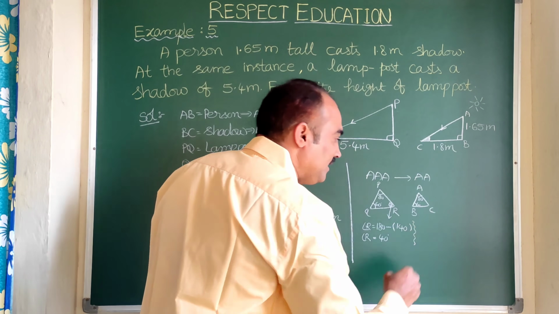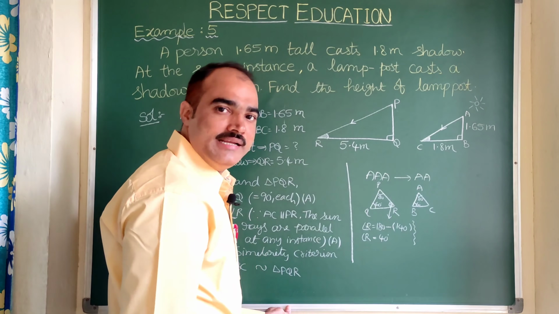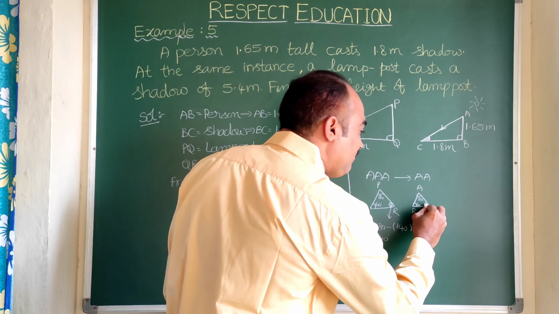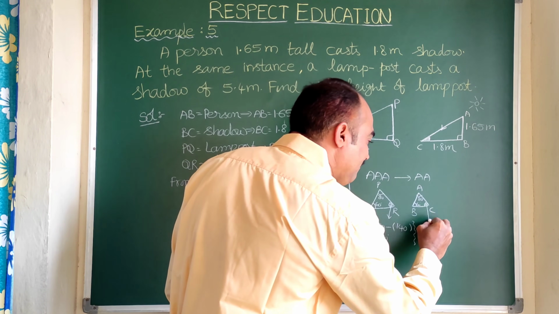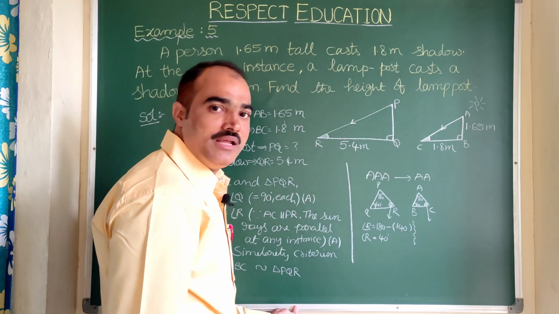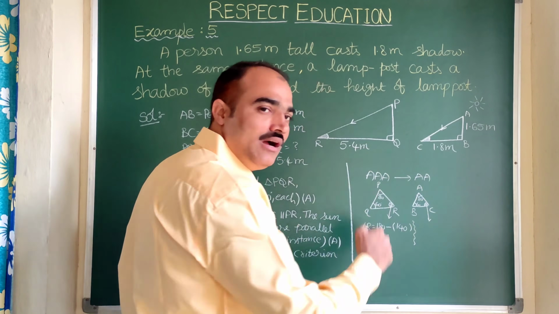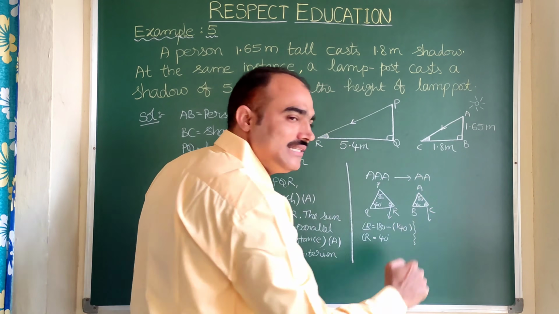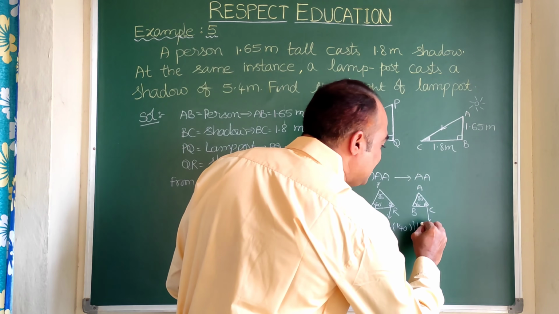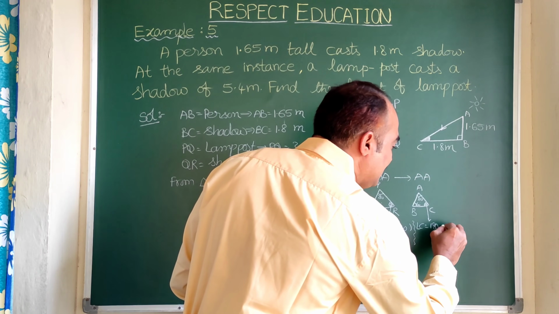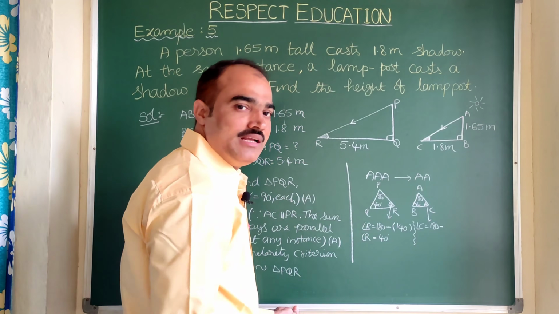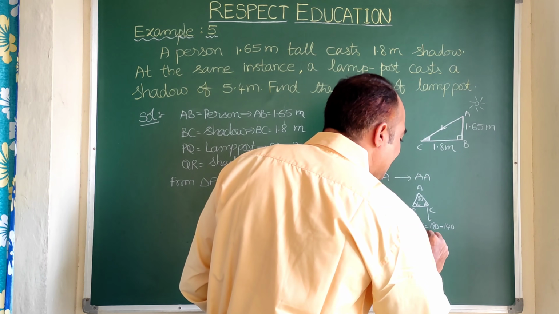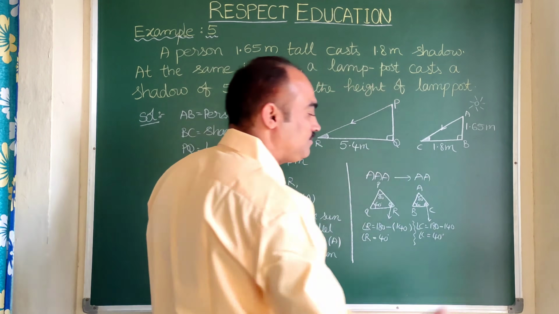In the same way, if angle A is 80 and angle B is 60 degrees, then what about angle C? Can we find angle C? Same way we can find angle C by applying angle sum property of triangle ABC. Angle A plus angle B plus angle C is 180. From that, angle C is equal to 180 minus the sum of A and B. That means 80 plus 60, that is also 140. So here angle C is also 40 degrees.